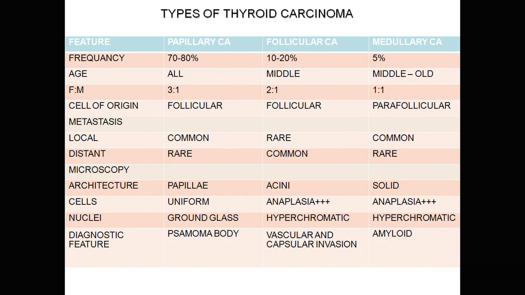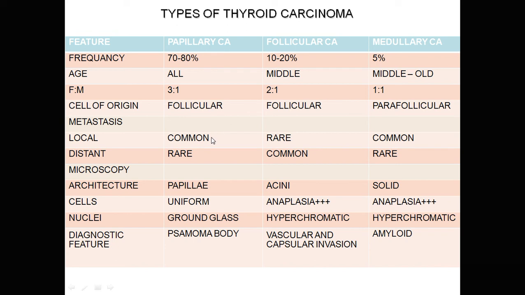So generally the thyroid glands have three to four types of carcinoma. The most common one is called the papillary carcinoma, then follicular carcinoma, medullary carcinoma of thyroid, and the least common is the anaplastic carcinoma of thyroid. So the frequency of the papillary carcinoma is more than 80%, so it is common. In follicular,